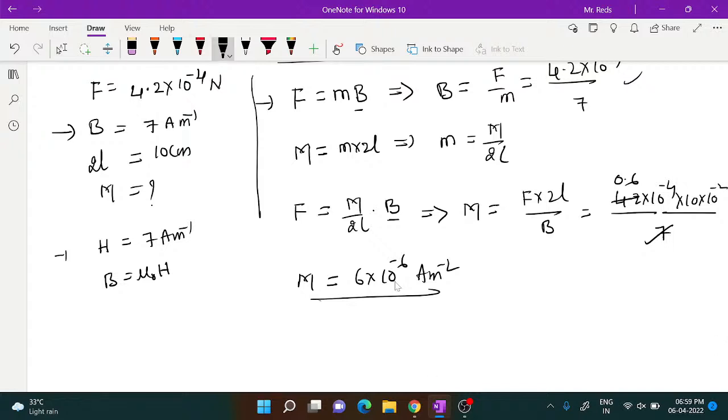If H is this, then you have to take it as 7 mu naught. 7 mu naught is B, and here this will be 7 mu naught in place of B. Where this is B, right? B should be 7 mu naught. Then this will be by mu naught. So if that is the case, then what should be